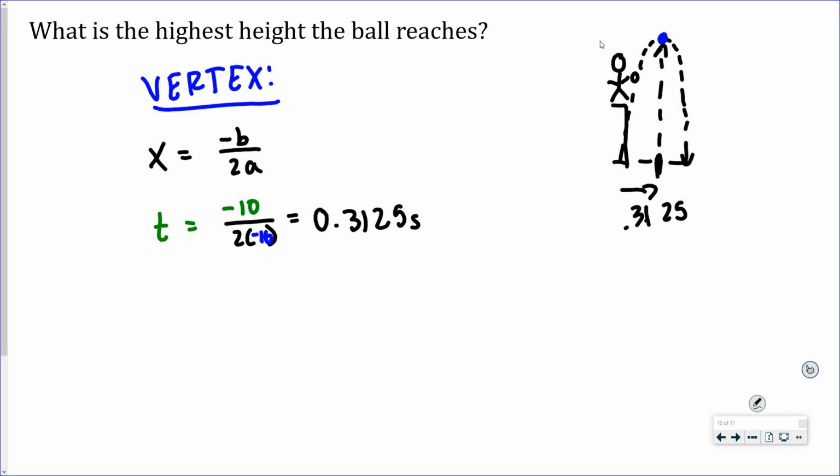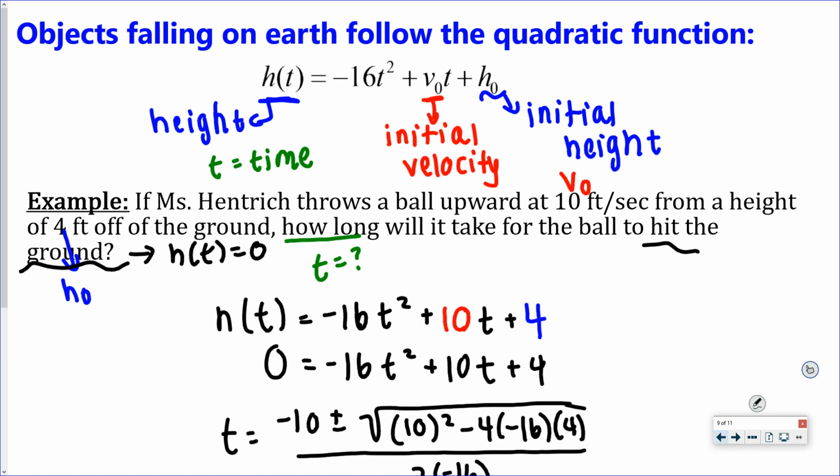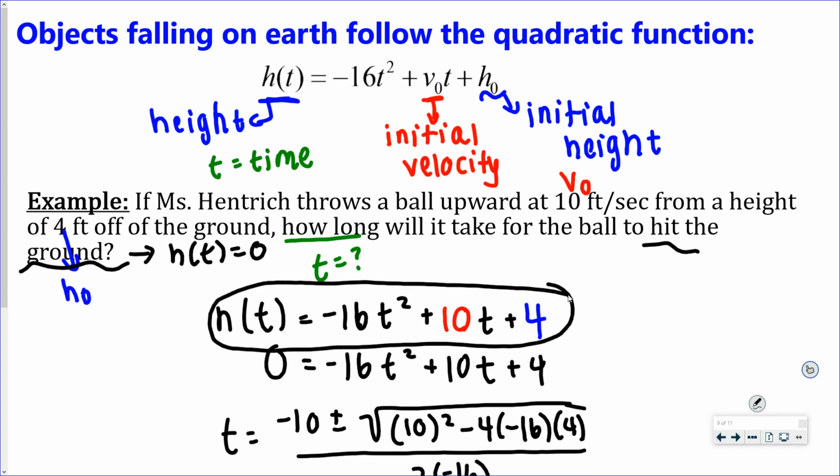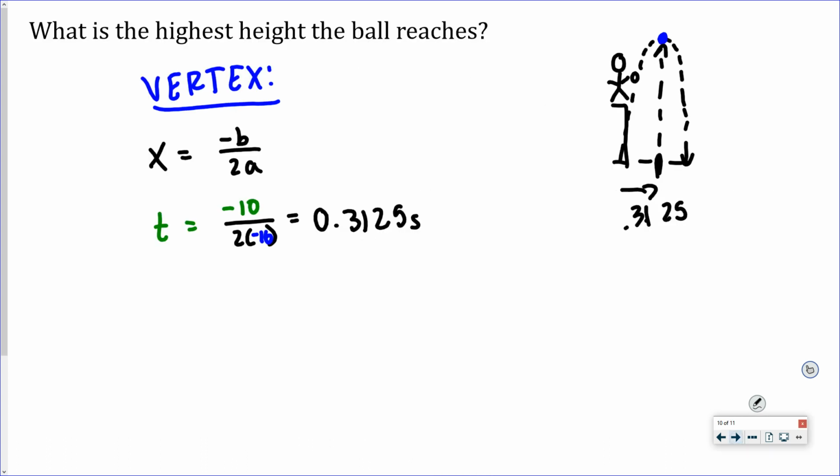Did they ask me what time, or did they ask me what is the height? Height. How could I find the height? Exactly. Plug that into our equation. Find h of 0.3125. This gives me the height at any time t. That's what this notation means. The height at any time can be represented by this. So we just got to find h of